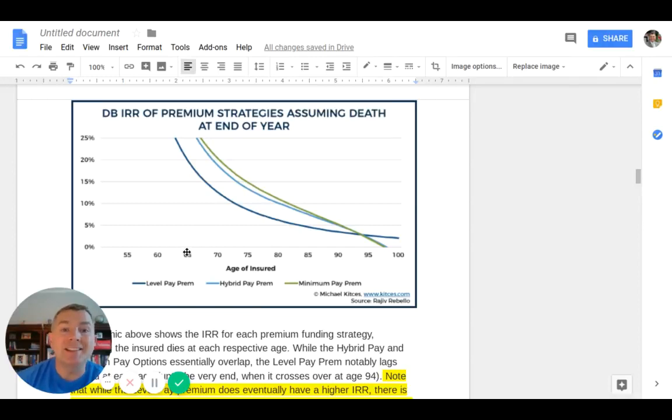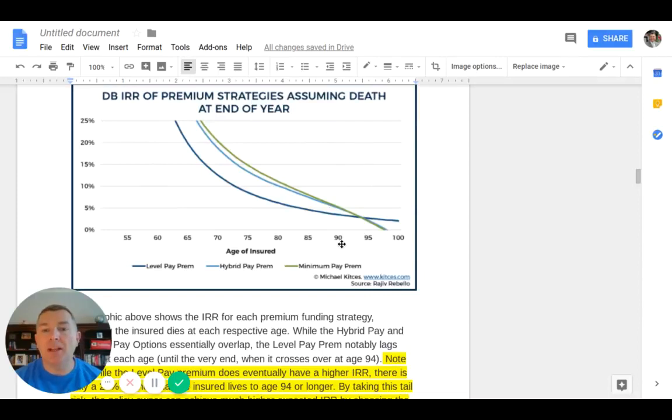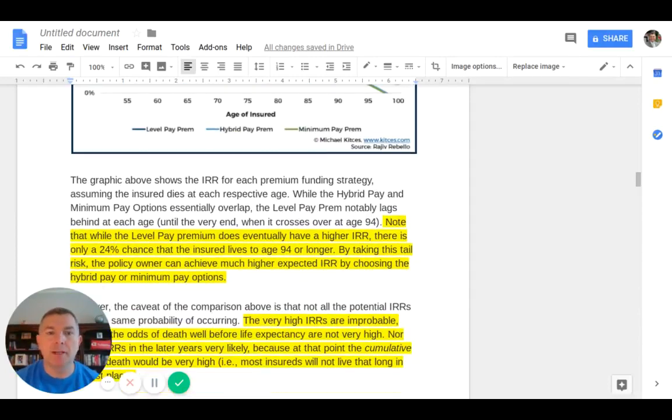In fact, if you die at 65, the death benefit IRR is 25% for a $5 million policy if you did the level pay, but it's literally off the charts if you did the minimum pay. And the reason for that is simple. I mean, my goodness, you're getting $5 million of death benefit. You only put in a couple thousand. The IRR in that scenario is just literally off the charts. What happens at 95 is the death benefit internal rate of return changes, where you get a better death benefit IRR in the level funding than you did on the lower and the front end fundings. And there's a lot going on there, but let's keep reading.